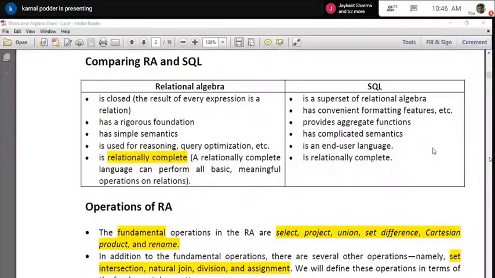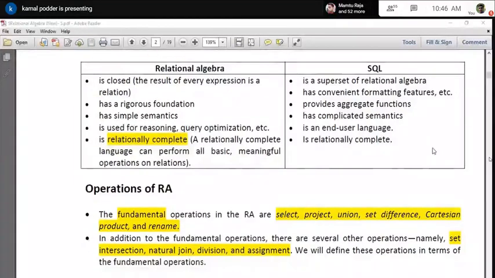SQL is a superset of relational algebra. Mind it. Why am I calling it a superset? Actually, in SQL, if you just see, a lot of other syntax is available. But ultimately all the syntax needs to be converted into relational algebra. If you go to relational algebra, you will find that they have a set of fundamental operations, and based on those fundamental operations they have created some more operators.